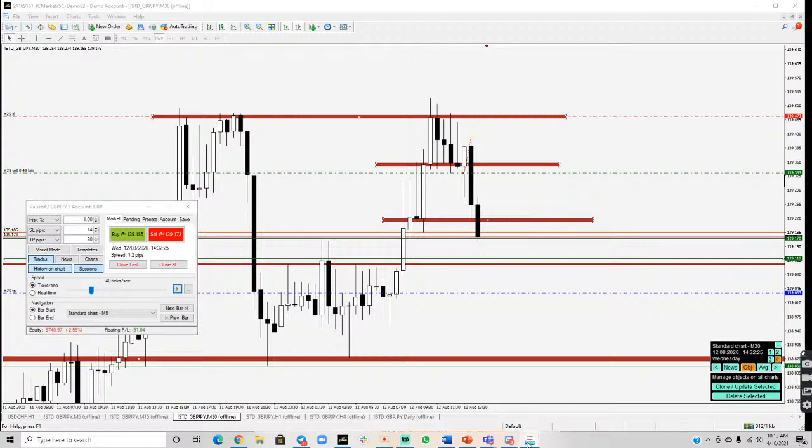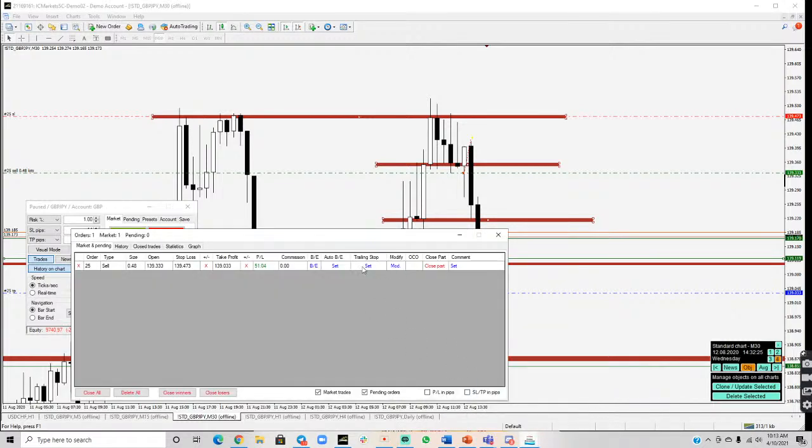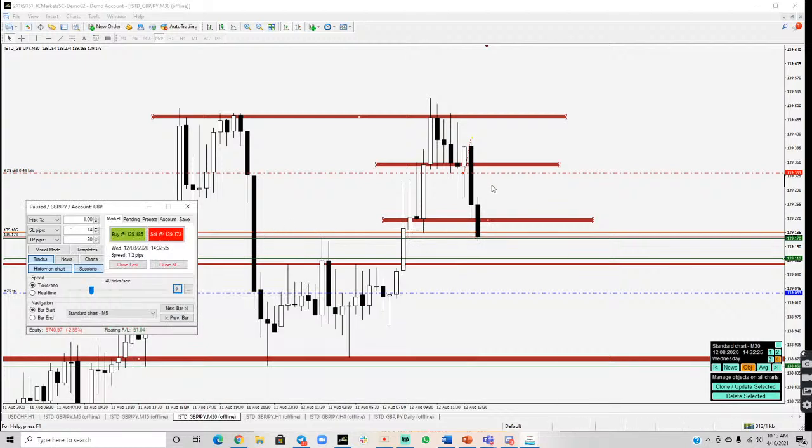Yes, I think at this point it will be safe to move stop to entry. So move stop loss to entry and let's see if price will continue to push towards our overall